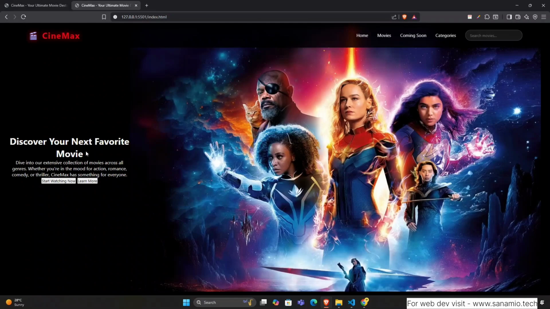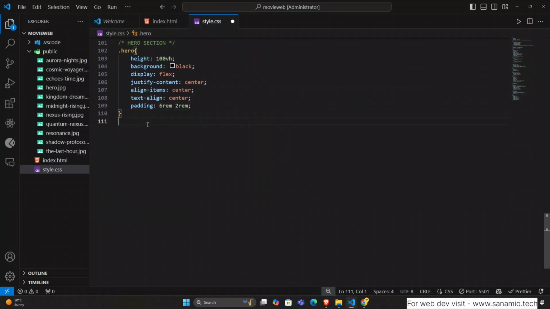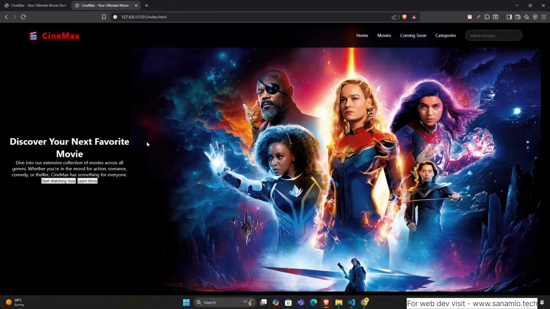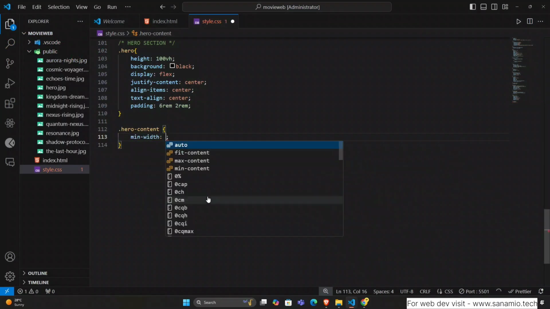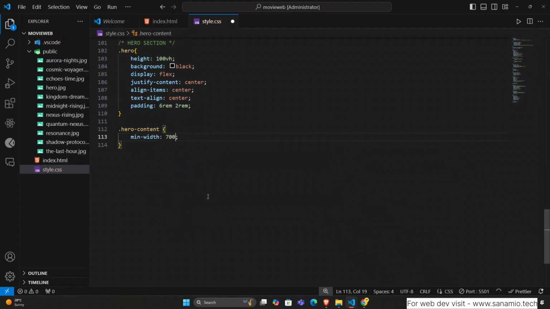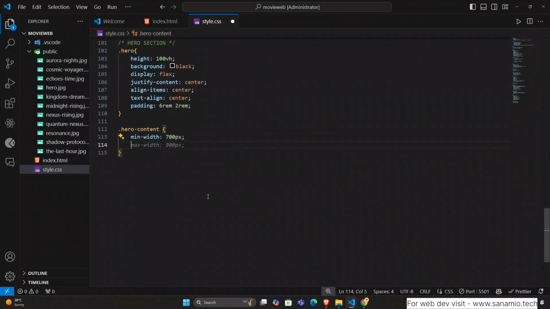Okay, so now I have to give some CSS to this section, hero content. Use class hero content and give min width, because it is occupying less area here, you can see. So we can give min width, so it can appear like whatever the area we want. I'm giving min width, and it will be 700 pixel, I think. Margin top, we don't need margin top. Z index will be 10,